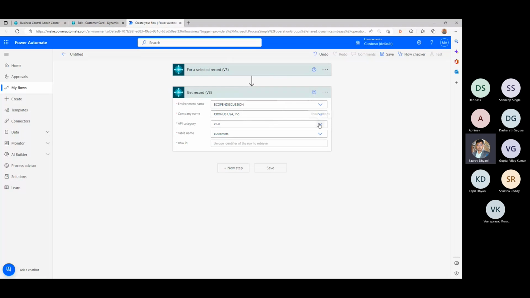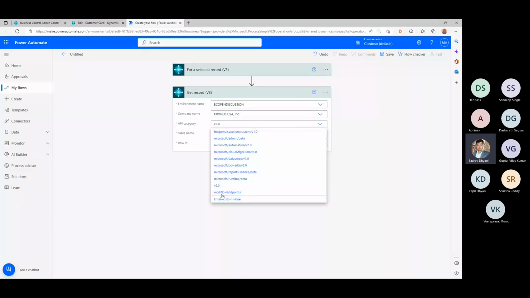If you have a custom API, that will not fall into version 2.0. That will be grouped separately, like this one, which is already grouped based on one of my custom APIs that I've created. So keep that in mind. If you're dealing with a custom API that you have built as a part of an extension, then don't look into this version 2.0, because that will contain all the Microsoft APIs, which are part of your API v2 extension. For a custom entity, you'll look into this one, or anything that you have created based on the properties of your API pages.